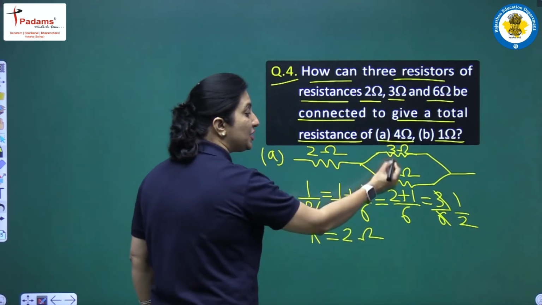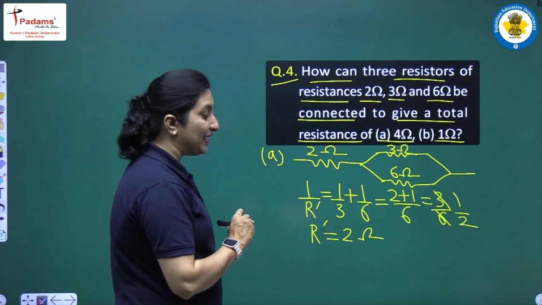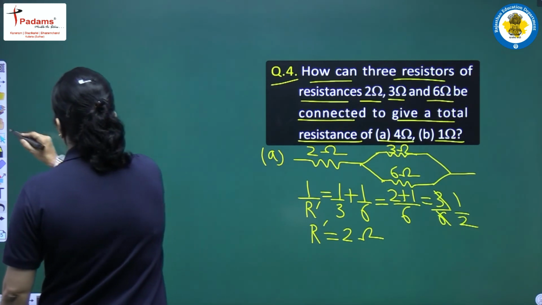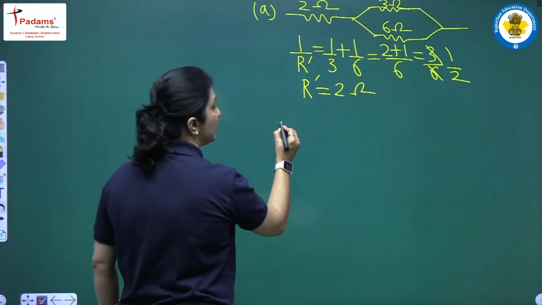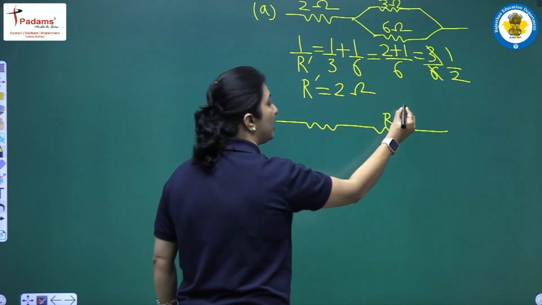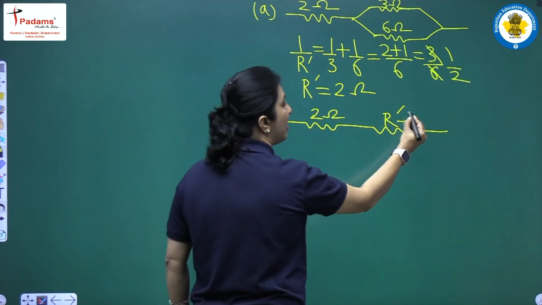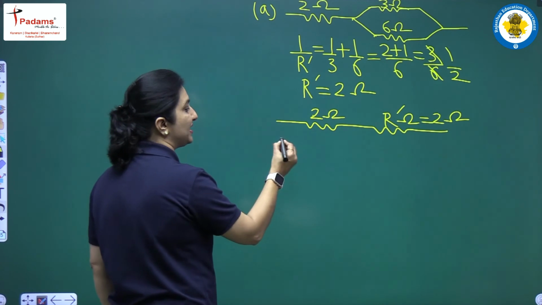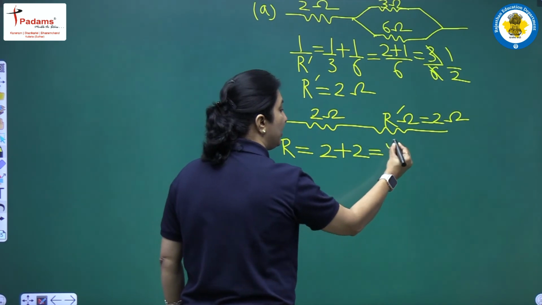2 ओम्स। अब ये 2 ओम्स और ये 2 ओम्स जो है ये कैसे कनेक्टेड हैं? ये सीरीज में कनेक्टेड हैं। तो हम इसका एक और इक्विवेलेंट सर्किट डायग्राम ड्रॉ कर सकते हैं। तो इसका जो इक्विवेलेंट सर्किट डायग्राम होगा स्टूडेंट्स, वो इस तरीके से हो जाएगा कि ये तो हो गया 2 ओम्स और ये हो गया इक्विवेलेंट रेजिस्टेंस इन दोनों का, जिसको हमने नाम दिया R डैश। तो ये हमारा 2 ओम्स का रेजिस्टेंस है और ये R डैश हो गया जो हमने कितना निकाला? 2 ओम्स। तो यानी ये दोनों कैसे कनेक्टेड हो गए? सीरीज में कनेक्टेड हो गए। तो जो नेट इक्विवेलेंट रेजिस्टेंस है वो हो जाएगा 2 + 2 यानी कि 4 ओम्स।